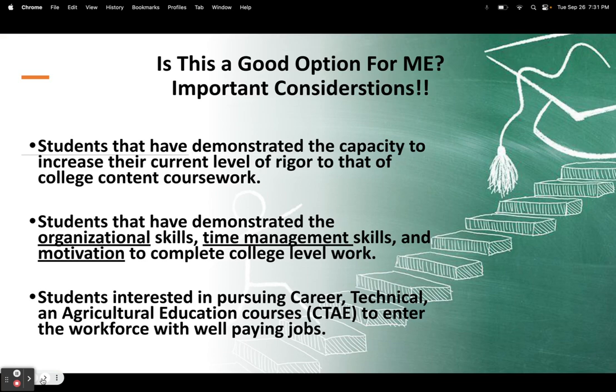So, is this a good option for you? This is an important thing for you to consider as you talk this over with your school counselor and your academic advisor and your family. So, we're looking for students that don't necessarily have to have a perfect GPA, but you do have to demonstrate capacity to increase your current level of rigor to that of college content coursework,